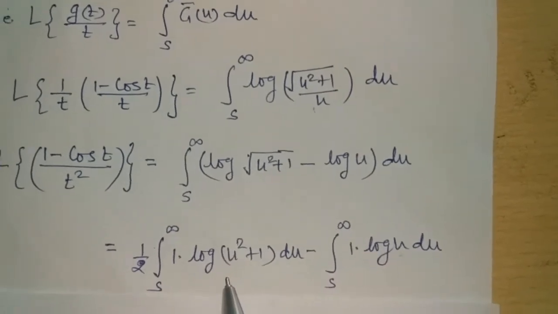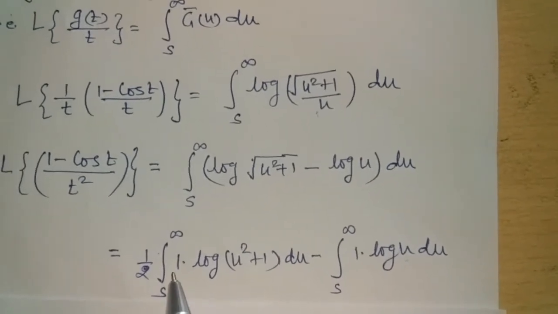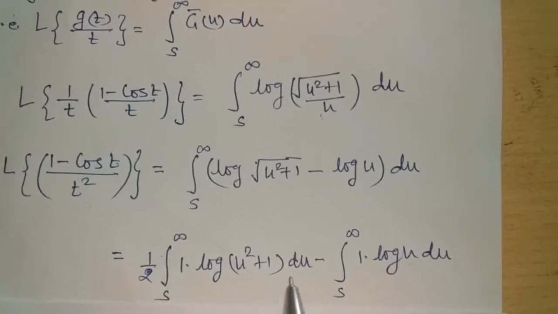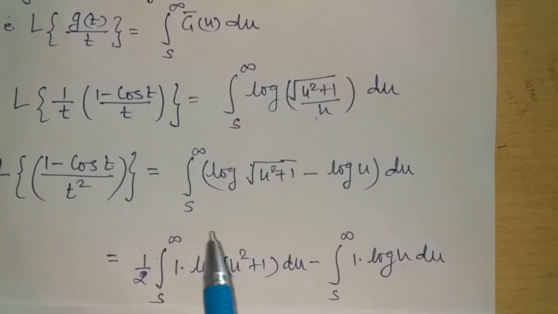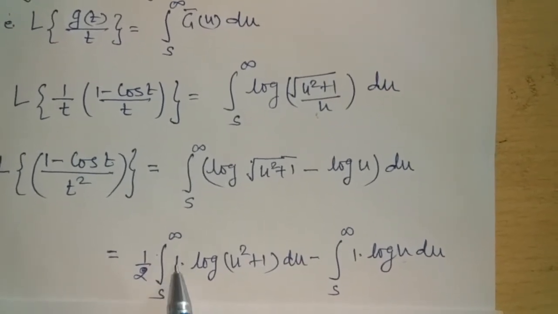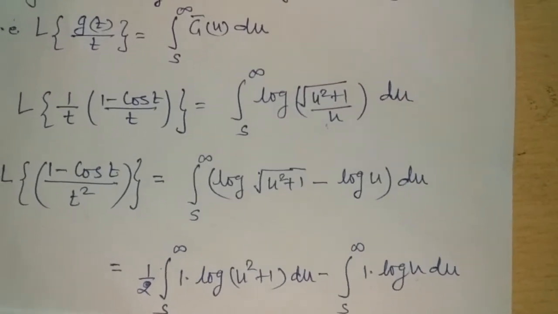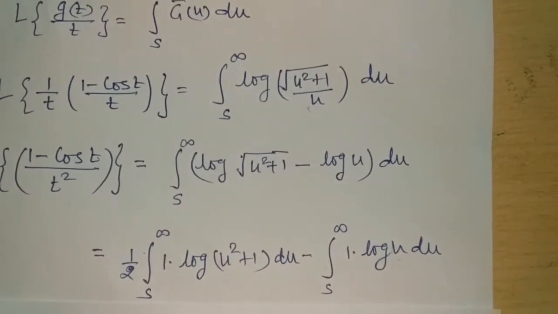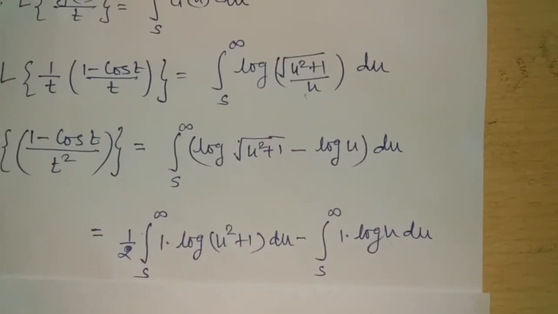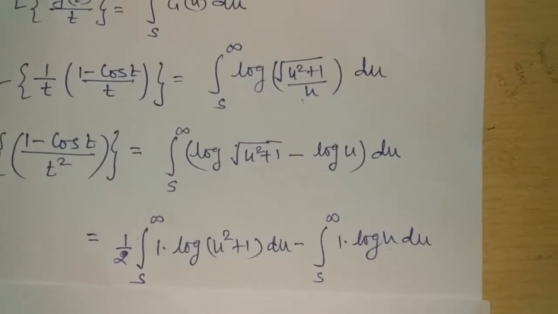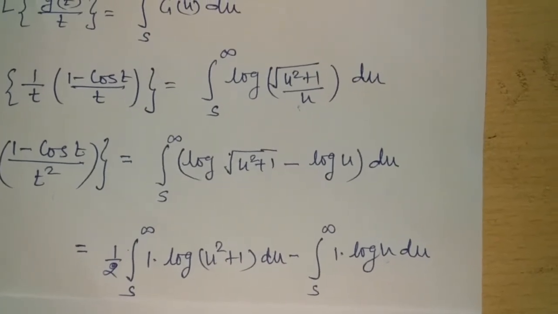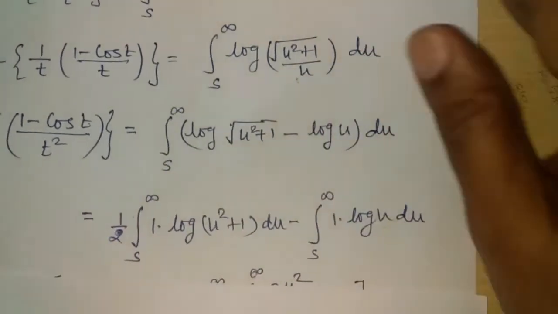So this is the logarithmic term, the first part, and this is the algebraic term, the second part. So we integrate this expression using the integration by parts technique. First part is log and 1 is the second part. Similarly, in the second integral, log u is the first part and 1 is the second part. So we integrate both integrals using integration by parts, and we get